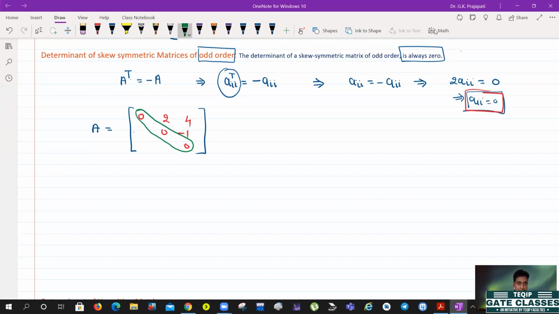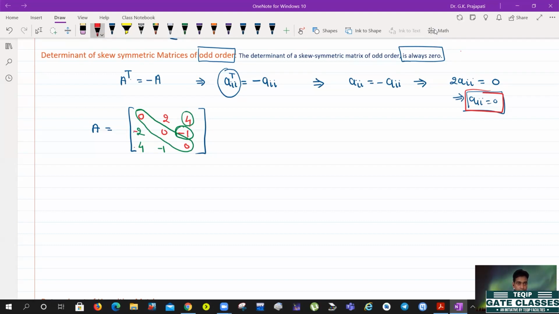The mirror image of 2 is 2, the mirror image of 4 is 4, and the mirror image of -1 is -1, but we need a negative sign, therefore we can take here